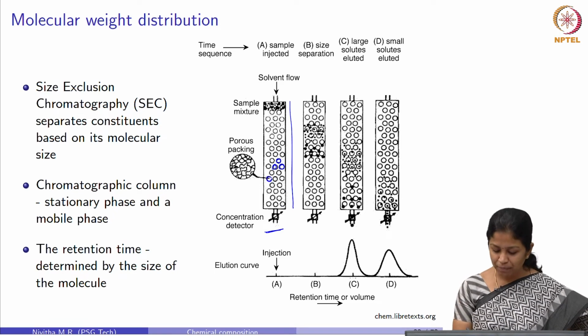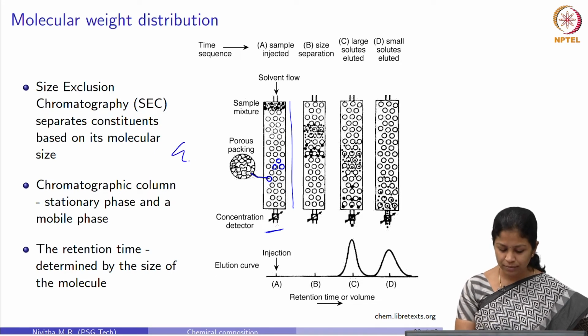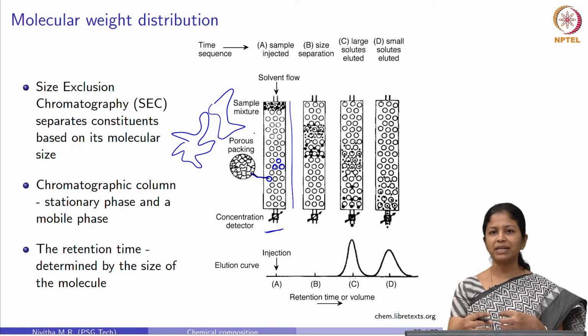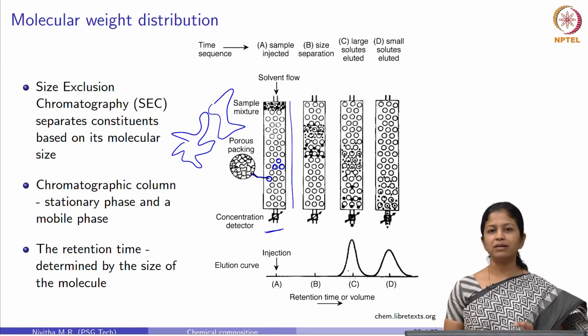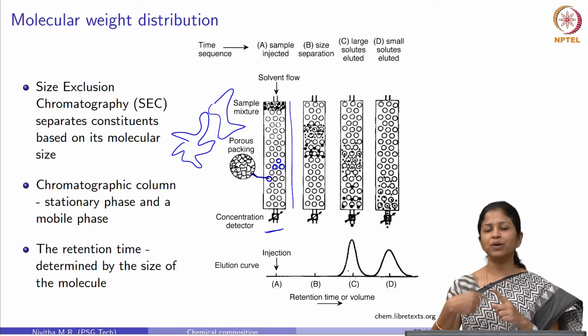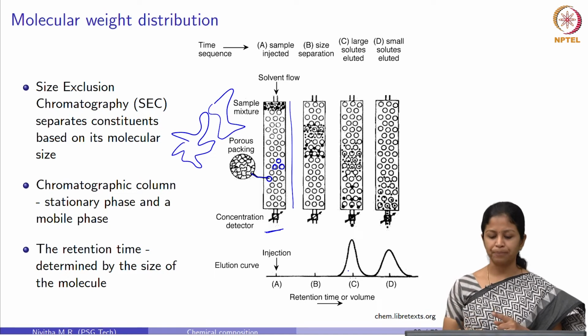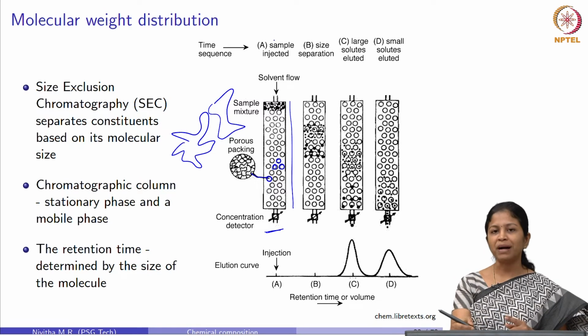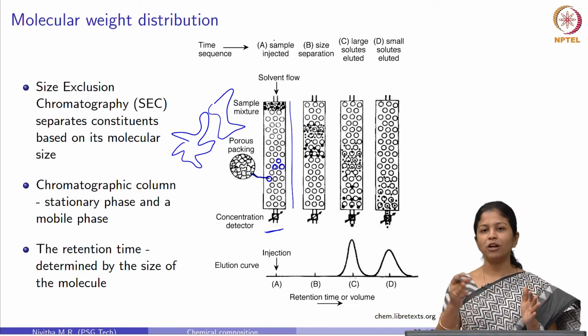When I enlarge one particular circle, we see something like this. It is something like this, a lot of porous particles which are combined together. Now what we do here is, we take bitumen, mix it with a solvent and allow it to pass through this chromatographic column. So when bitumen passes through this chromatographic column, what happens is, we said it has molecules of